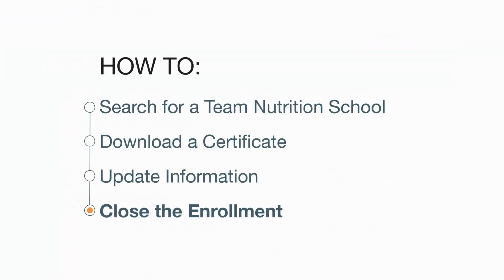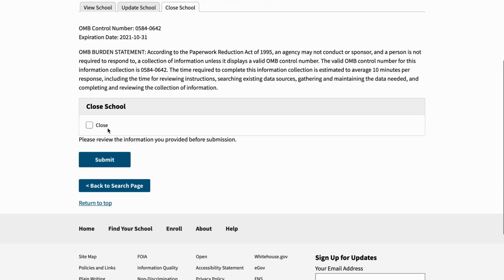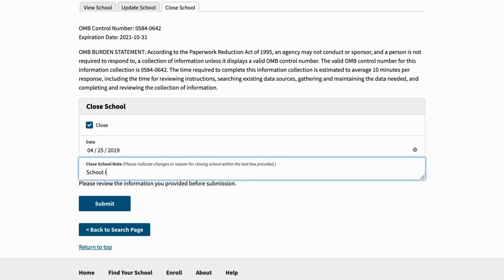And now, let's see how to close a Team Nutrition school. To close your school, you need to click on the Close School tab right next to the Update tab after taking the same steps as previously shown to update the school information. Check the box Close, add the closing date, and the note to explain the reason for school closing, and then